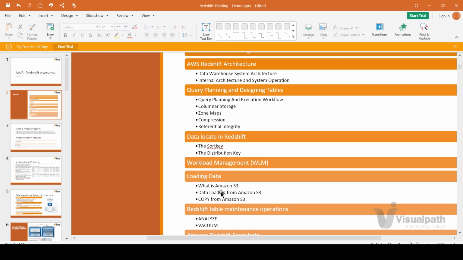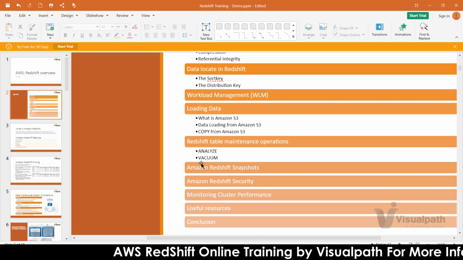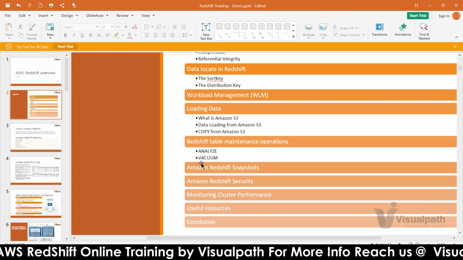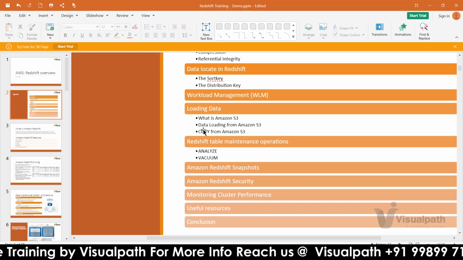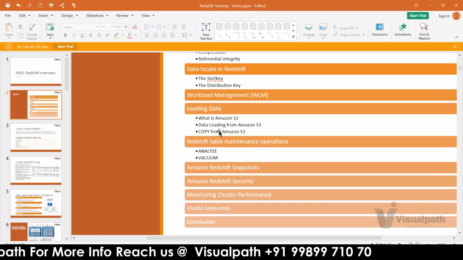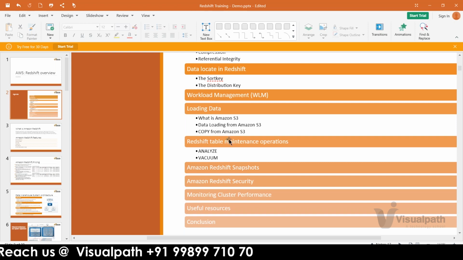Then loading data, this is part of loading. Any data warehouse has import and export tools, like SQL, Oracle, Teradata. Here also we have loading and unloading. Loading means import, unloading means export. For loading we use COPY, and for unloading there is a command called UNLOAD. I will walk you through everything with detailed examples and show you. Then we will have